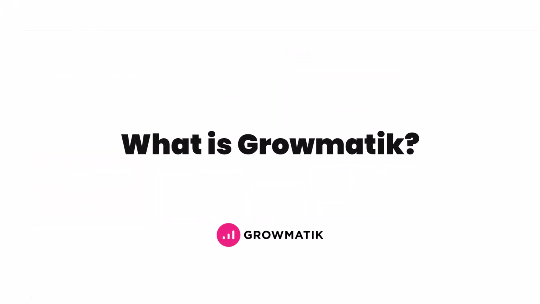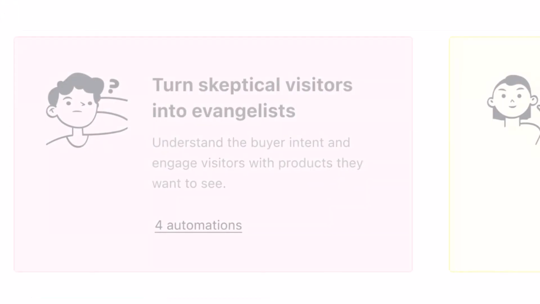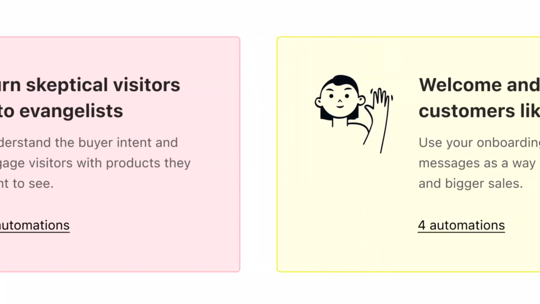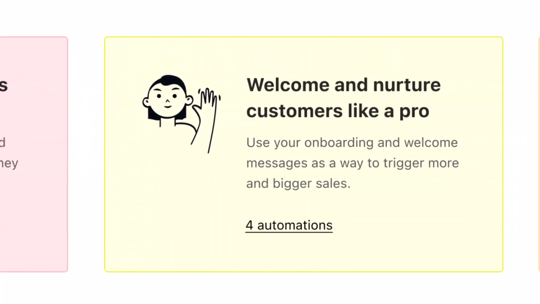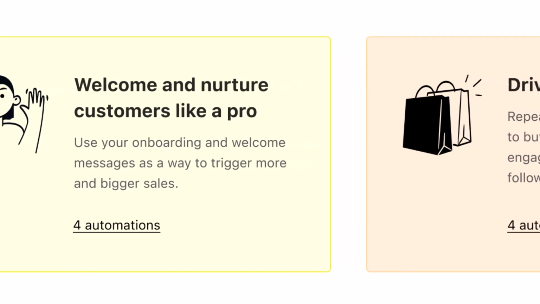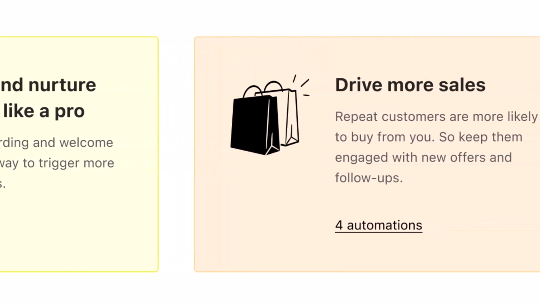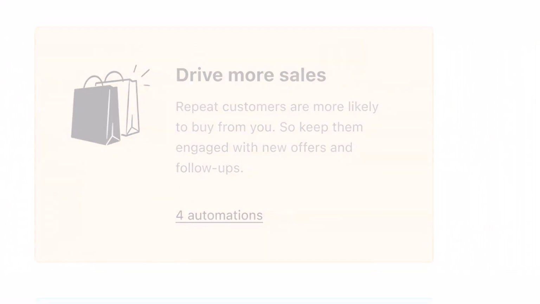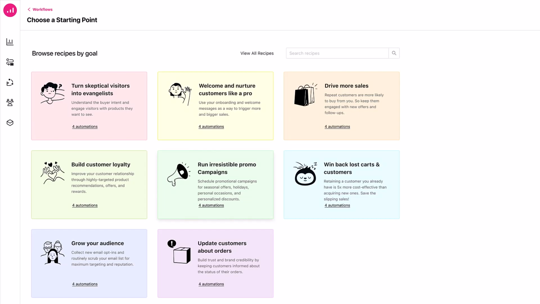What is Growmatik? Growmatik is a unified marketing automation platform that helps you build smarter marketing campaigns with industry-leading targeting and highly relevant marketing content. Let's have a closer look at the automation page and get our hands dirty creating marketing automations for actual use